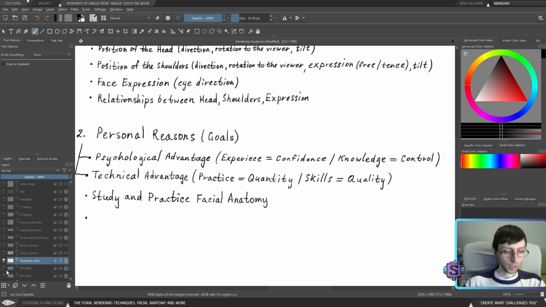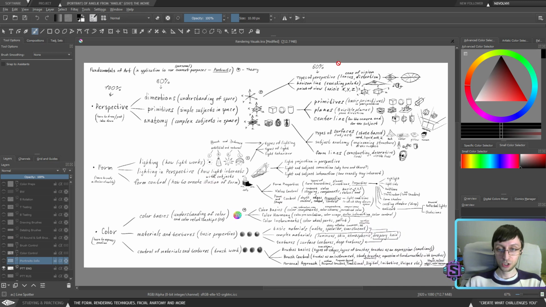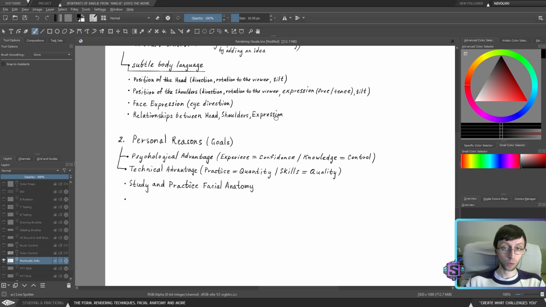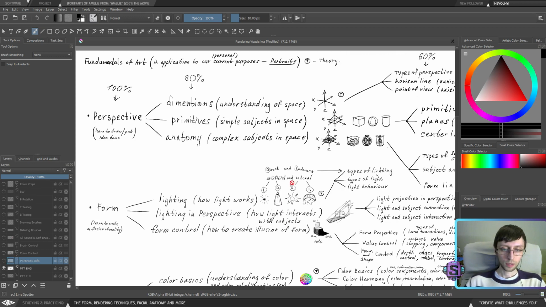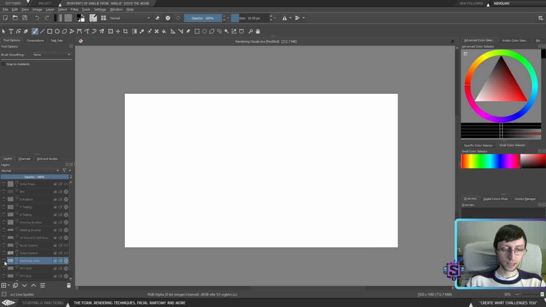So again, as we established before, this is a pretty big amount of knowledge to control, and this is just a small part of it. Again, there's much more of it, and it's pretty hard to control everything, and you need to find a way to do this. And I personally will learn how to control it by working with simple portraits first. Working with simple portraits will help me to slowly but surely start to apply the whole crazy knowledge that is right here in a much more simplified and gradual way.